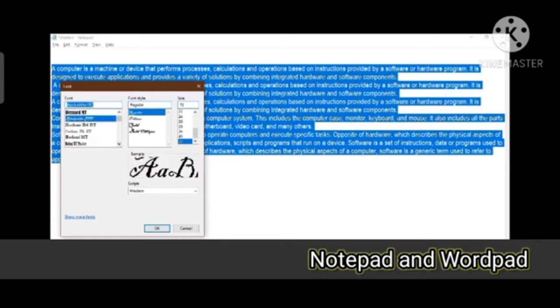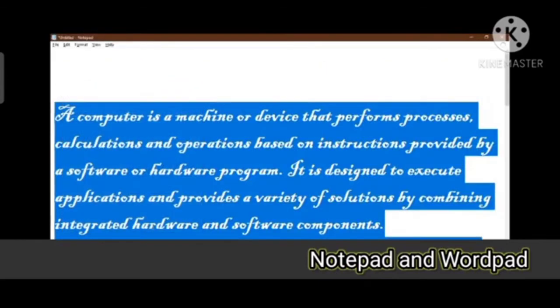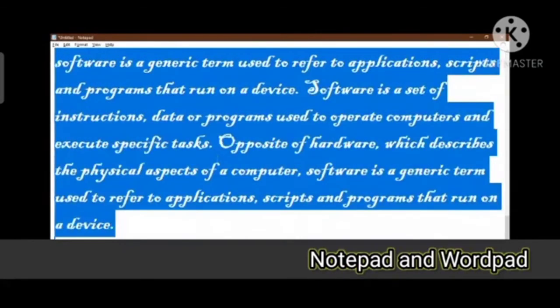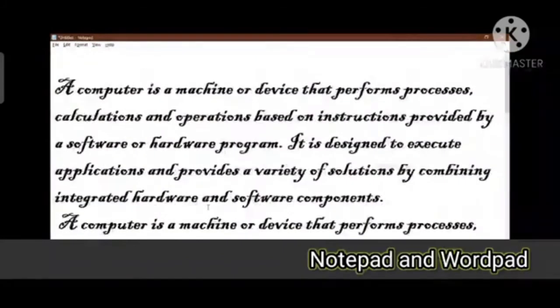See this one. This is the bold option. That means the font changes to a darker one, and the thickness also varies. The size is 72 at present. This is 48, a little bit smaller than that. And after you are satisfied, you can click on OK. So this whole font, आपका जितना भी font था वो सारा का सारा आपका change हो जाता है. So in this way you can change the font style and size.